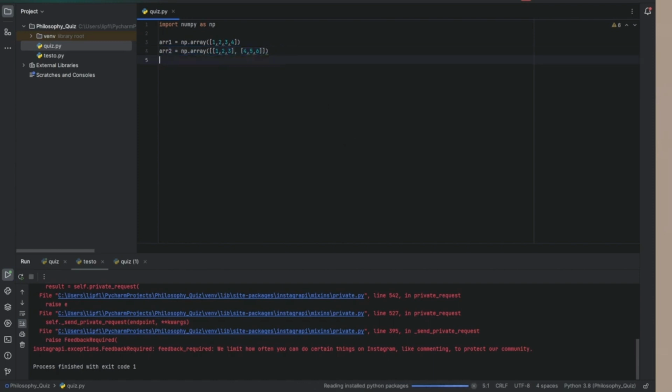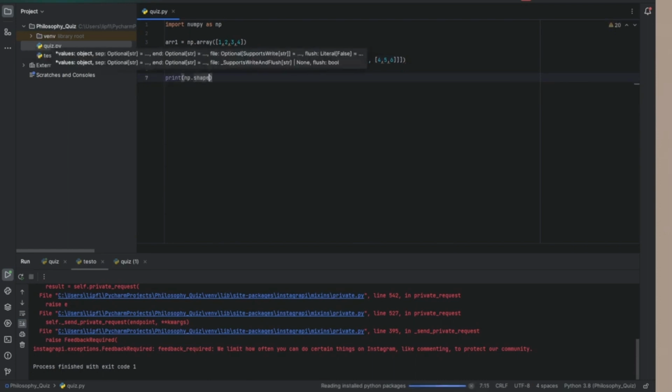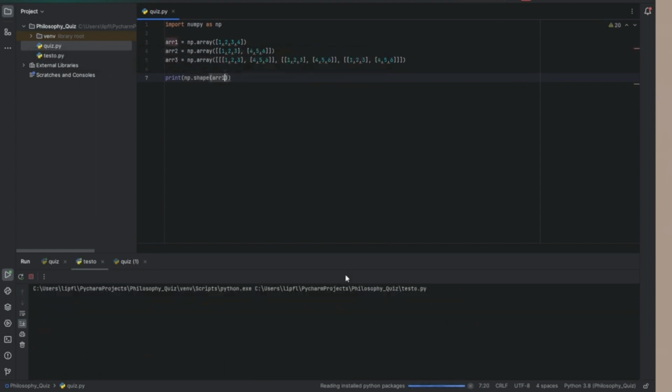And last of all, let's create an array with three dimensions. So if we print the shape of our array, like print np.shape of array 1,